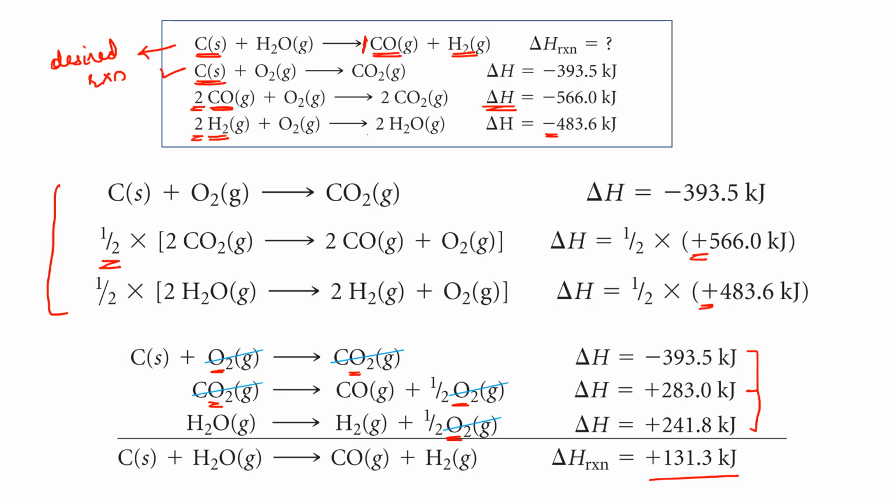One thing you need to keep in mind while doing Hess's law numericals is that you need to see what is on the reactant side and what is on the product side of the desired reaction, and then compare that with the given reactions whose enthalpies are given. That is the only thing. The second thing is that you need to compare the moles of the reactants and products with that of the desired reaction. From that you will get an idea of how you are going to solve that question. Try any question from your textbook, apply this trick, and you will get to know how you can solve these types of reactions.